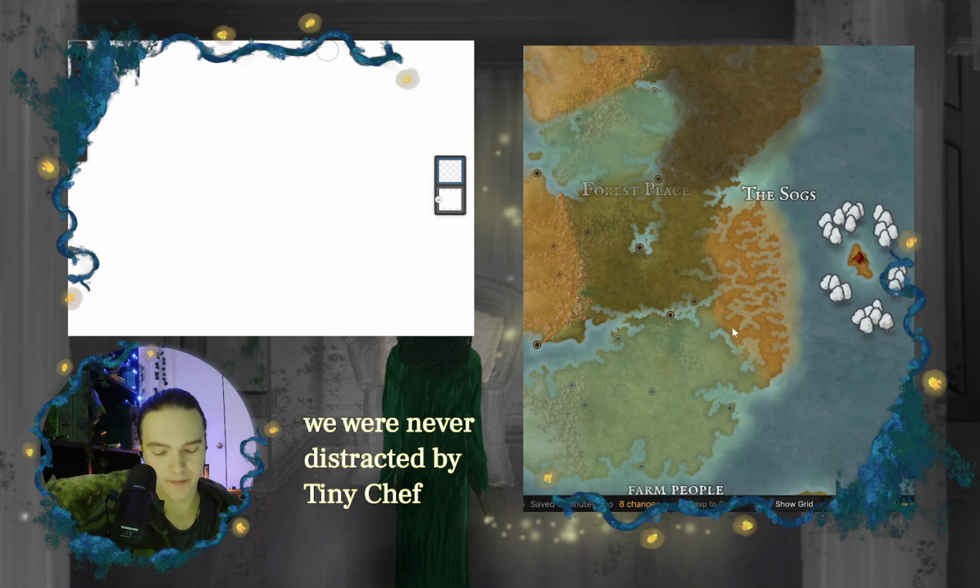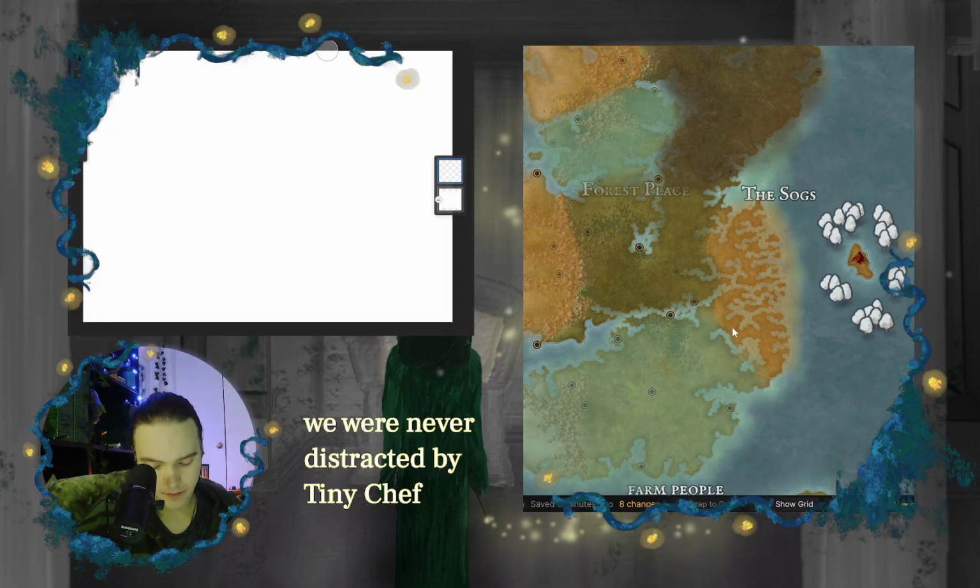I want to make crow people. I'm imagining... Trust me, this will make sense eventually.